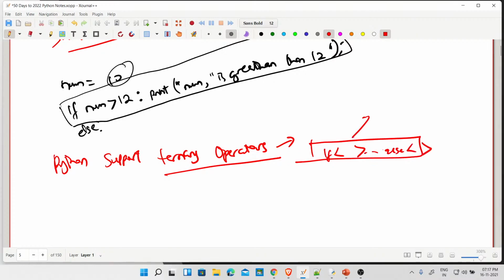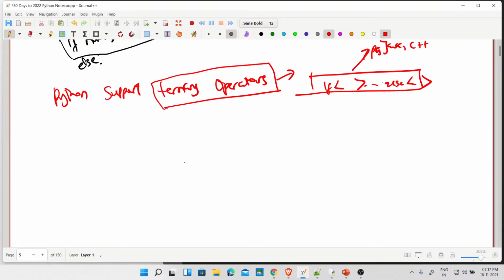Ternary operators are heavily used in Python, Java, and maybe even C and C++, etc. But in Python it does not support it like a ternary operator, but you can actually use the shorthand operator to mimic your ternary operator. Hence, let's compare two numbers now. We say num1 is 3, and we say num2